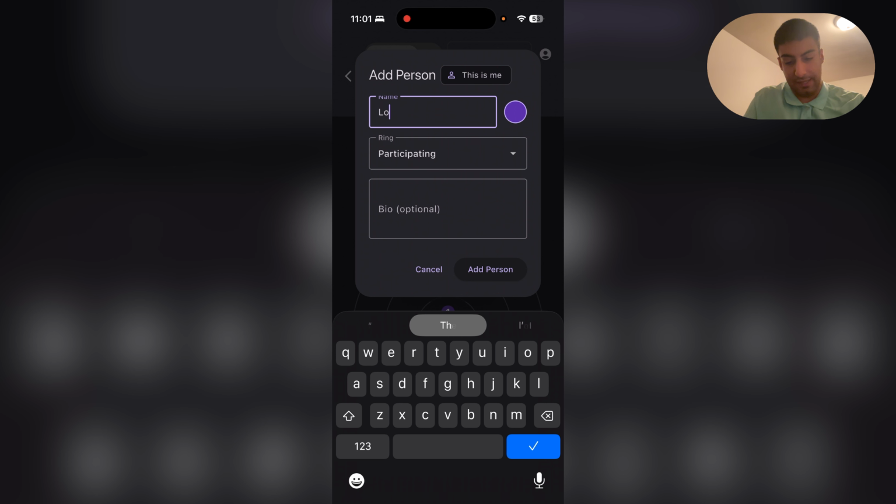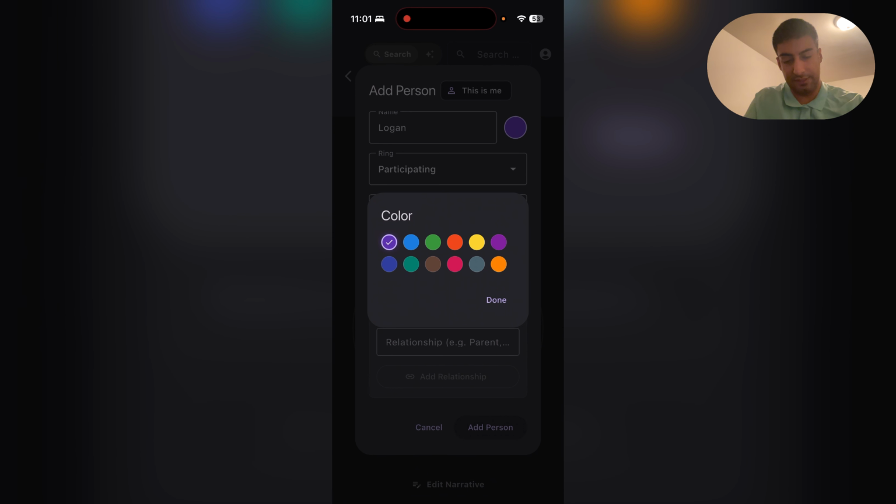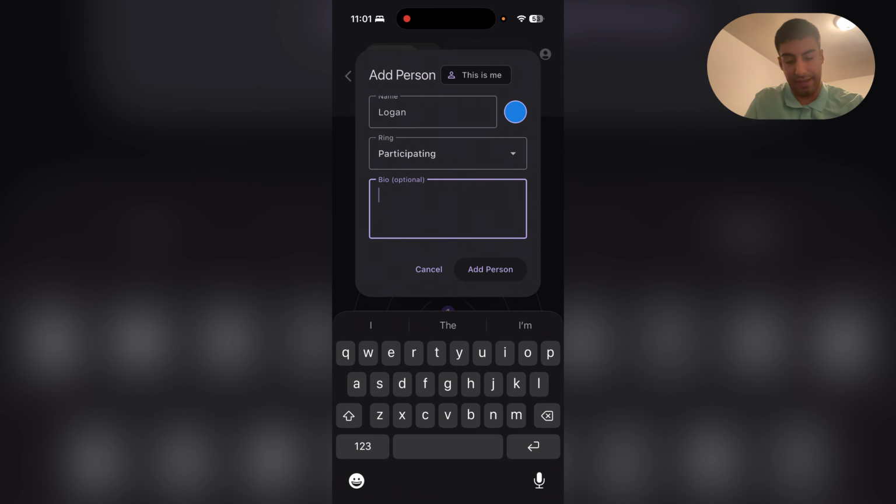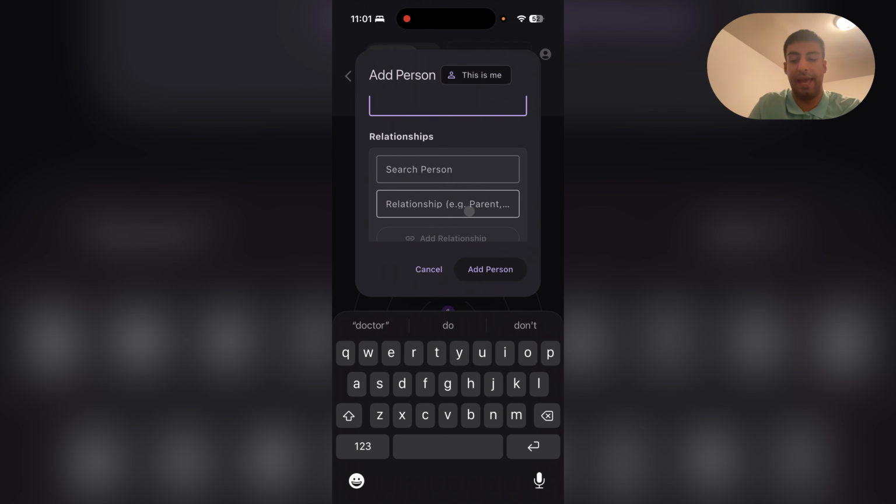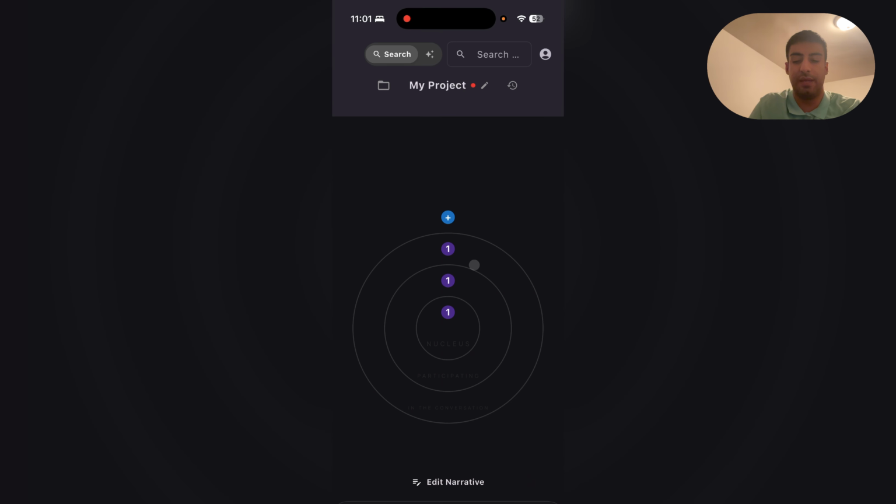And let's add Logan. And let's go ahead and say Blue comes from a Baha'i family. For his bio, let's just say he's a doctor. And I'm not going to give him a relationship, and we'll go ahead and add. Now we see that we have one person in the innermost ring, then another person outside of that, and then